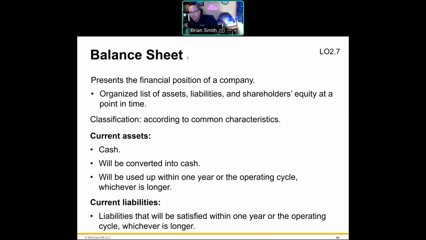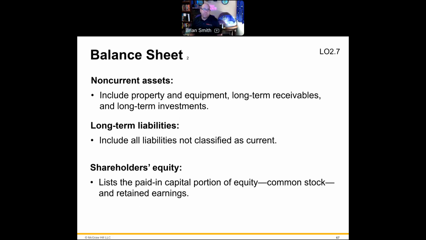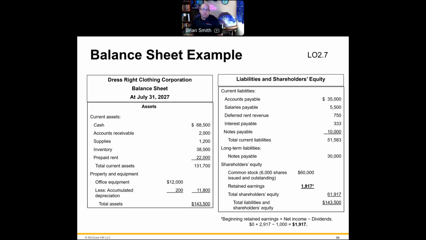Balance sheet, remember we do classified balance sheets: current assets, current liabilities, non-current assets, long-term liabilities, equity, things like that. So there's our balance sheet. We have current assets there, total current assets, property, plant, equipment, total assets, our liabilities, current, long, stockholders' equity, we